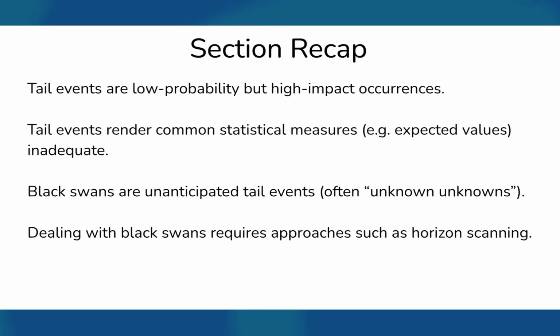So to recap this section, tail events are low probability but high impact events, and tail events render common statistical measures such as expected values very unreliable. Consequently, it's not enough just to look at whether the cost benefits are positive or negative. One should instead take interventions that are more robustly useful. And we spoke about many other sorts of interventions one can do to reduce tail risks. Black swans are unknown unknowns. Unknown unknowns are things that we don't know that we don't know. In dealing with black swans, we can inherit many of the ideas from safety engineering, such as safe design principles, such as improving systemic factors. But there are some other things that are useful, such as horizon scanning, trying to put